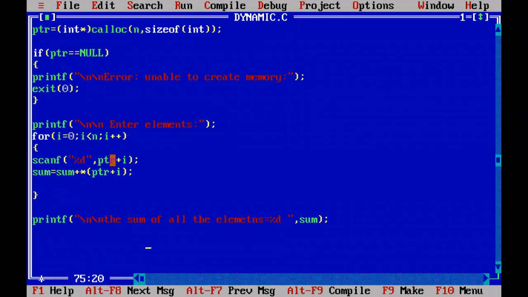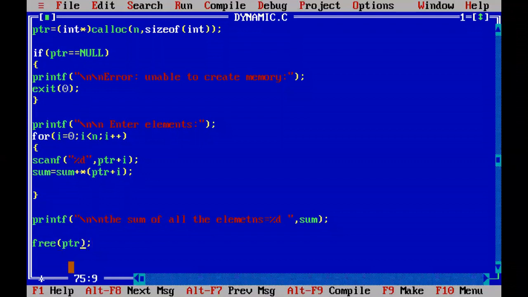After printing the sum of all the integer values, the memory is not required. The memory allocated by using calloc and malloc functions is not required. How to release that memory which is allocated by malloc and calloc functions? Use free. It will take only a single pointer variable, ptr. The memory you created is associated with ptr only. So whatever memory, 10 bytes of memory associated with this pointer, that memory is freed.